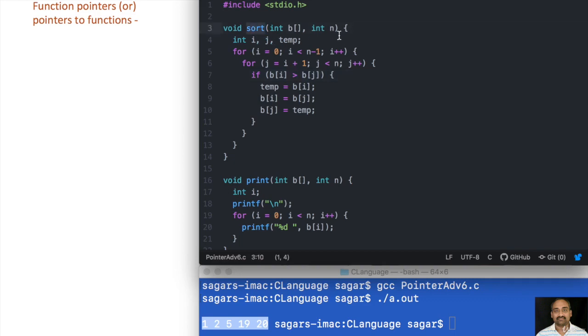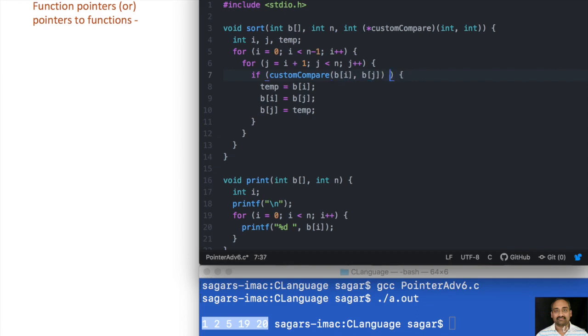Now I am slightly adjusting this sort to actually accept a simple pointer to a function that takes two integers. Now what this means is this function should be doing the comparison for us. Now instead of p, I will just say compare, or I will say custom compare. Now I will just make a call to the custom compare with the values a of i and b of j.